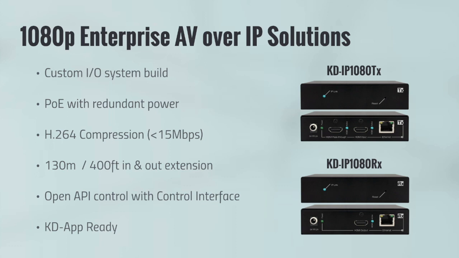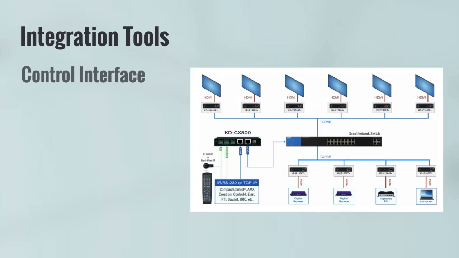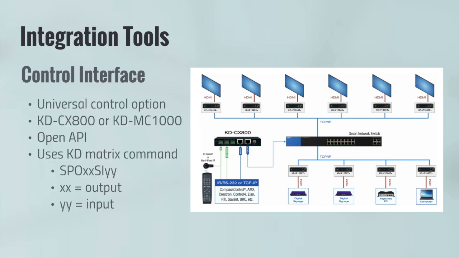The IP1080 system uses H.264 compression technology, which gives high video quality with a maximum of 1080p resolution at a very low data rate, less than 15 megabits per second. Because the data rate is so low, you can actually extend IP1080 runs up to 400 feet in and out of the network switch. And IP1080 systems are controllable via an open API from any third-party control system or Key